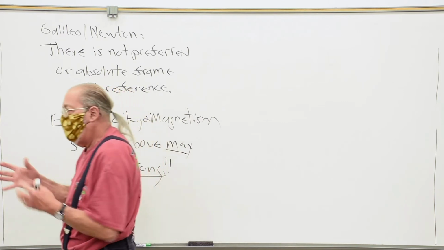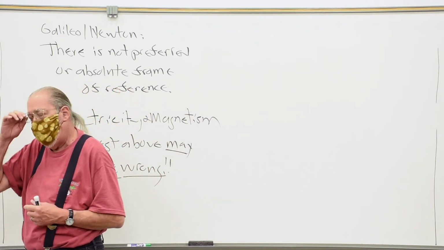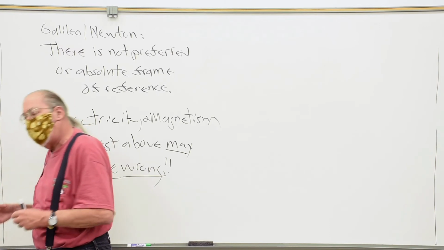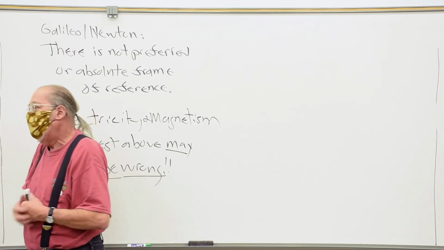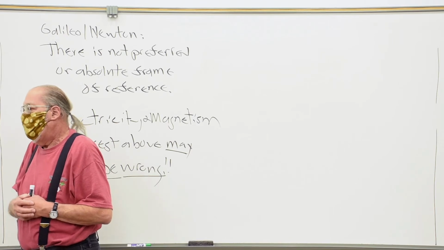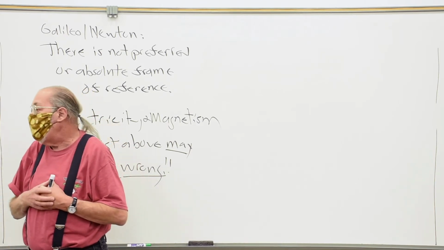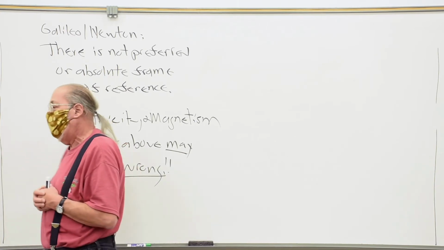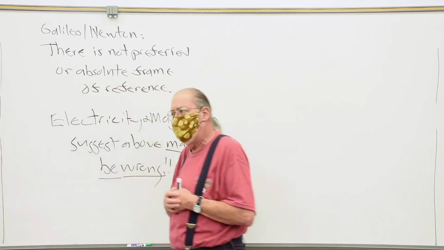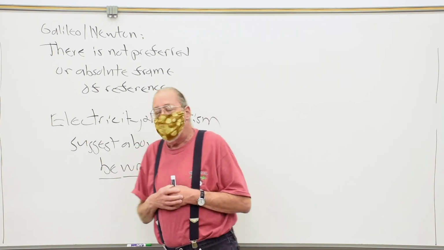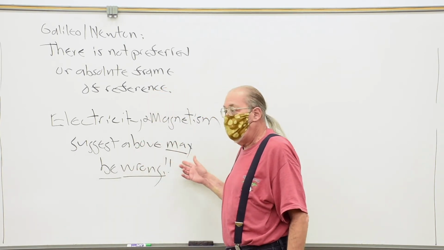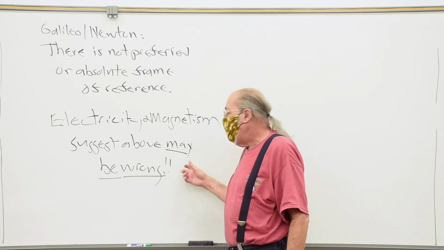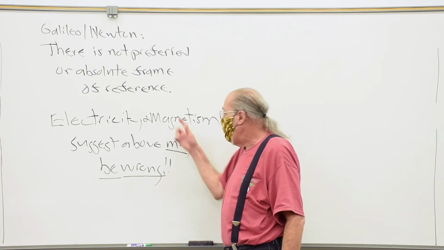Obviously, I can tell, Tyler, you don't like this idea, and lots of people didn't like it. We should be able to tell if the sun's moving or if the earth is moving and all this. I don't hate the idea at all, I'm just wondering what that means. Well, a lot of other people were wondering what it means too. That's the whole point. So I say I don't like it. It seems to me I ought to be able to do it. All right, so this means we're going to take a look at electricity and magnetism and see where it comes in that this might be wrong.